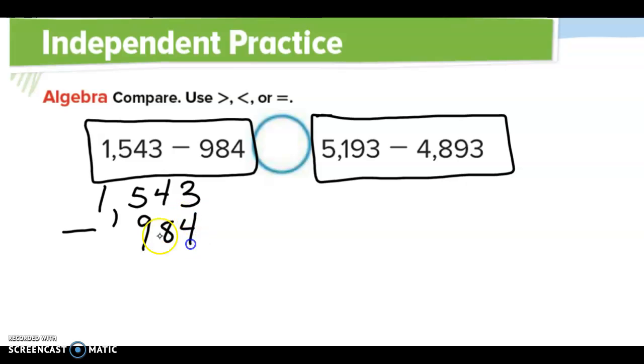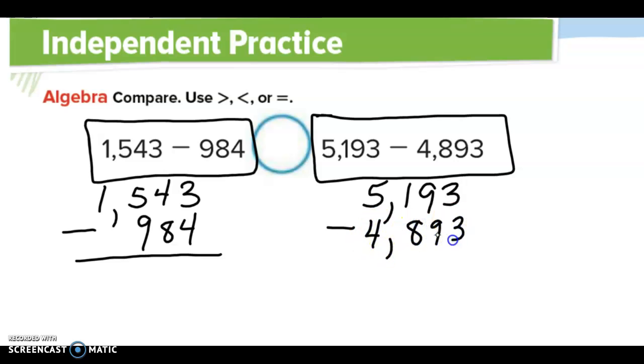I have to solve that problem over here. But on this side, I have to solve this problem. 5,193 minus 4,893. Once I'm finished with both of those, I'm going to compare the two answers to see if I'll have a less than, a greater than, or an equal